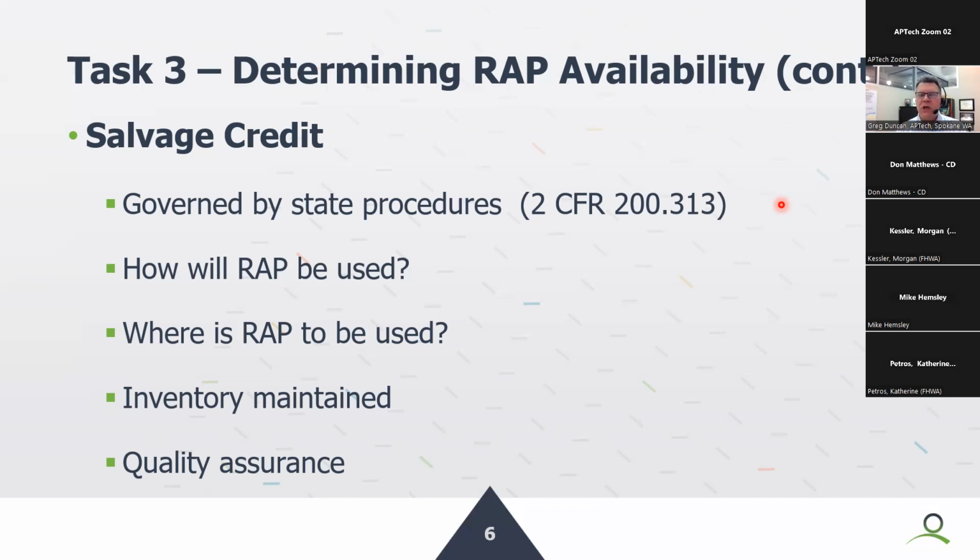So establishing a program that says this amount of RAP material will be taken from a certain project, and it'll be stored at this location, and it will be used, processed, fractionated, protected, prevented from loss, other things like that, and it will be used on other projects as aligned here in this district. So just laying out those specifics that RAP will be used for another intended purpose, where it will be used, if that information is available, or our understanding is that it could be used in a program of projects that